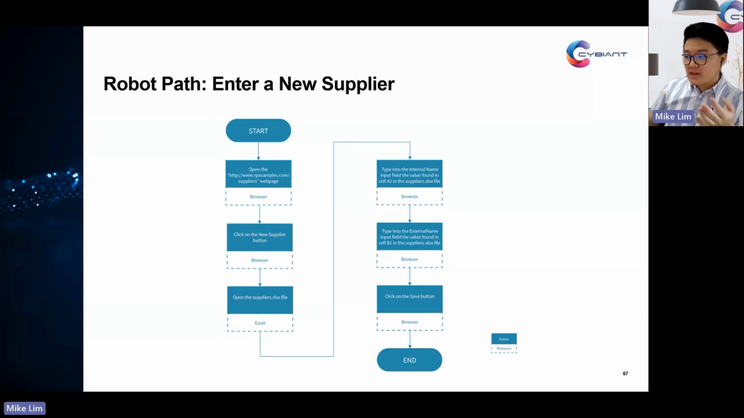Now we can see that this is the robot path of what we need to do. We start the project, and then open the browser and navigate to the rpasamples.com/suppliers webpage. Then click the button. Even clicking the button should be one activity as well. This is something not to be missed because it is also one of the necessary activities. So click on the new supplier button, and then you open up the Excel